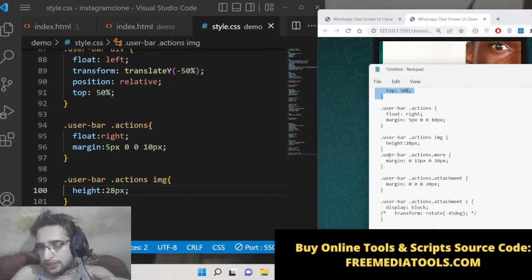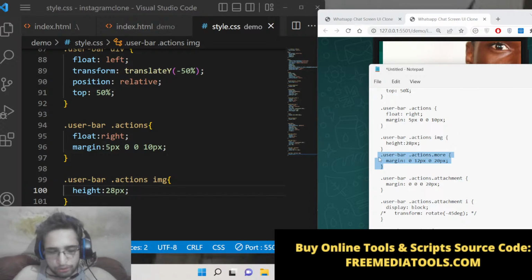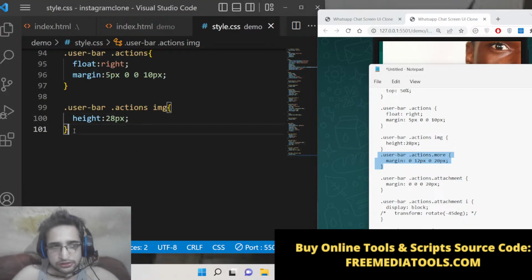So after styling this, we will also style the more button. If you click the more button,